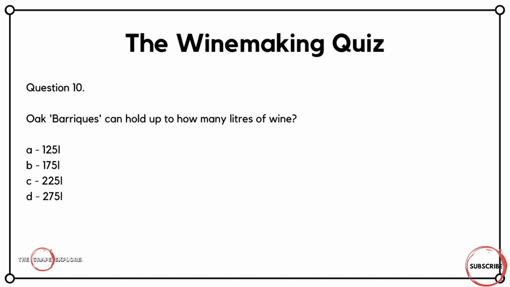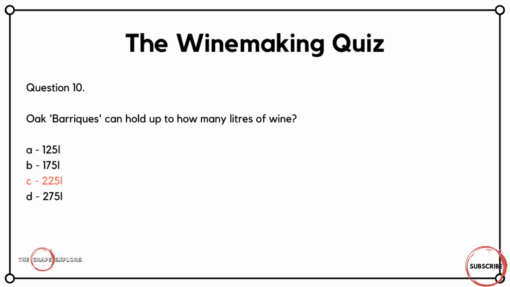And finally, question number 10, it's come around really quick already. Oak barriques can hold up to how many litres of wine? Is it A, 125 litres, B, 175 litres, C, 225 litres, or D, 275 litres? So the specific term here is barriques. Barriques hold a very specific amount of liquid in them. For those of you that have guessed C, 225 litres, correct, well done, chalk yourself up another score